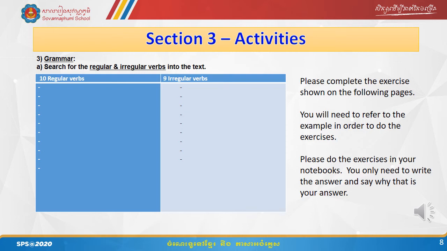Irregular verbs, on the other hand, the spelling changes. So please go back through the text to pick out all of the regular verbs, list them in one column, and all of the irregular verbs, please list those in a second column. Once again, you will be doing this in your notebooks.